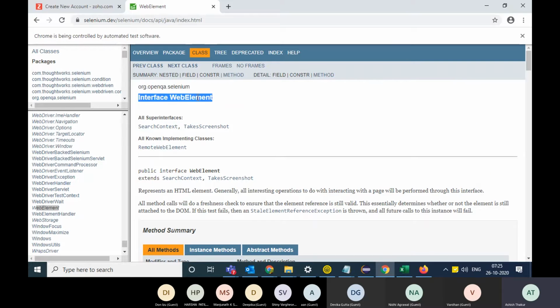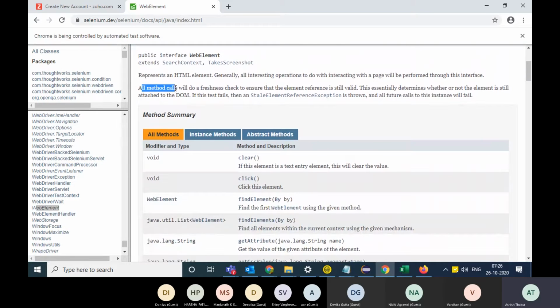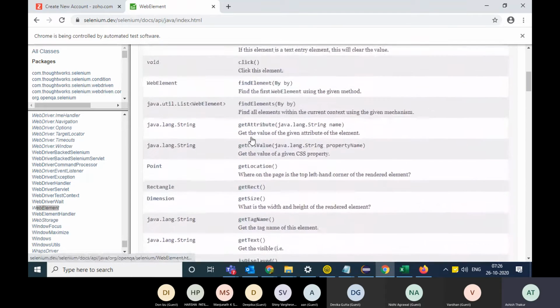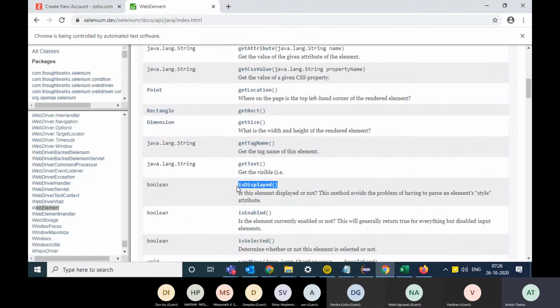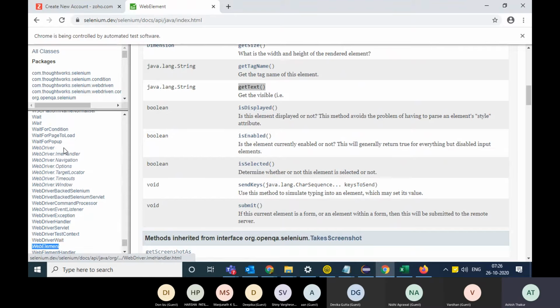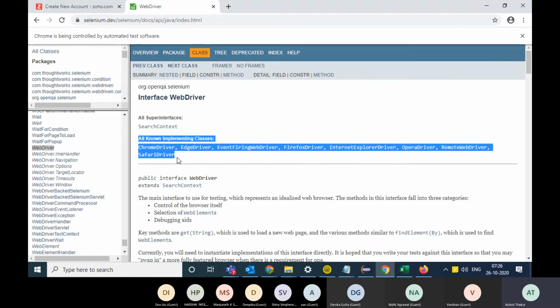Okay, so this is the WebElement interface and it's got all the method calls which can be done on any element on the web page. Like if you have to click on the element, or check whether the element is displayed, or get the text of the element, getText, right? So you have to extract the web elements. All right. And there is an interface known as WebDriver as well, which we had actually studied, and all these classes were the implementing classes.